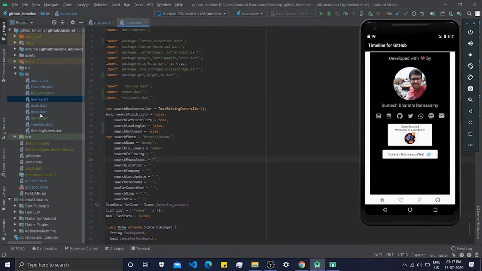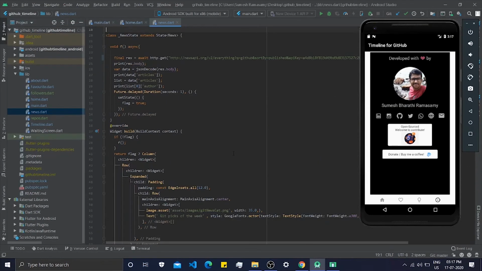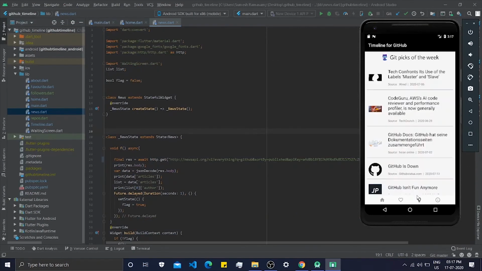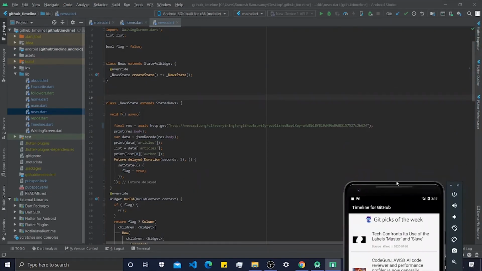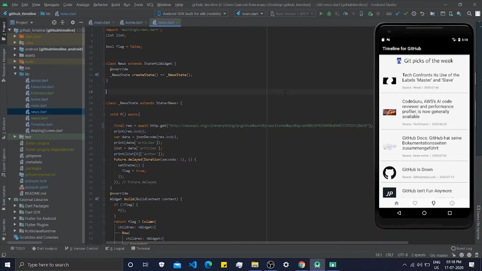So this is a news page where the news gets rendered. This is the news API where it is getting the data. We have some limits: from a particular API you can access around 60 to 80 times for this news API,